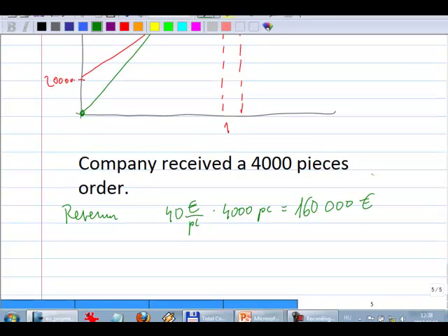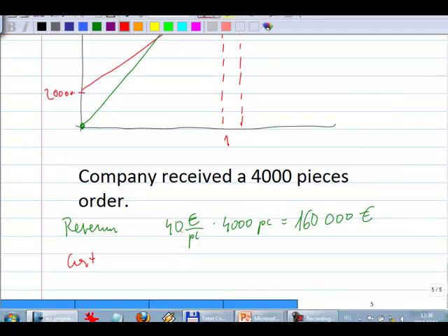How much would be our costs? €20 per piece, which is the variable cost per unit, times 4,000 pieces,